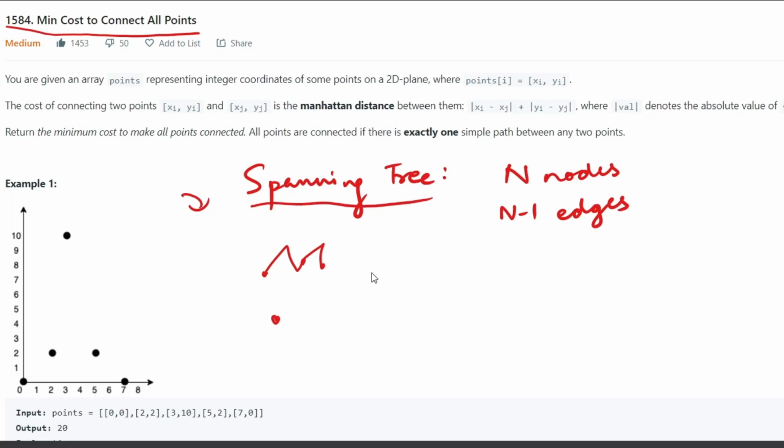Basically we have a weighted graph, and we have a weight for moving from one point to another point. We have some weighted edges, so we have to find the minimum spanning tree. So connecting all points and summing all the weighted edges, our cost should be minimum. That is our minimum spanning tree.